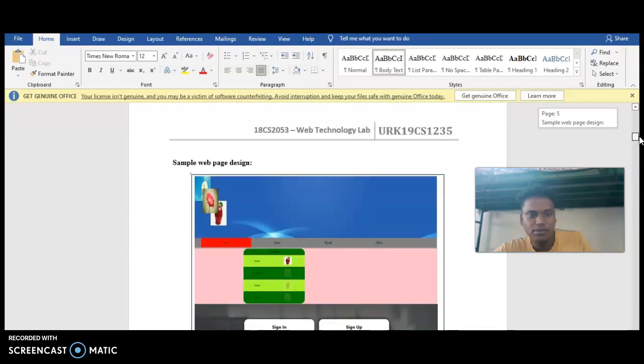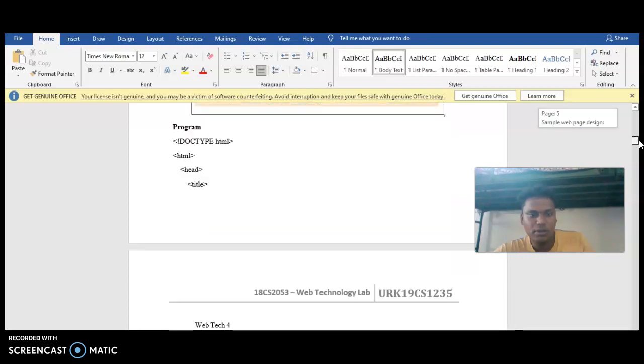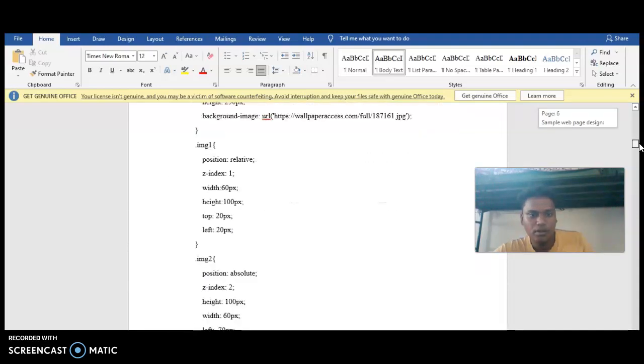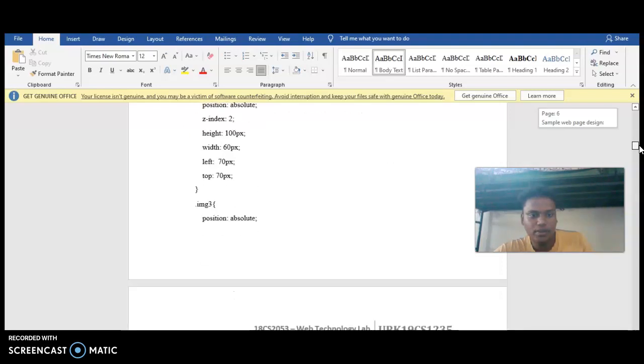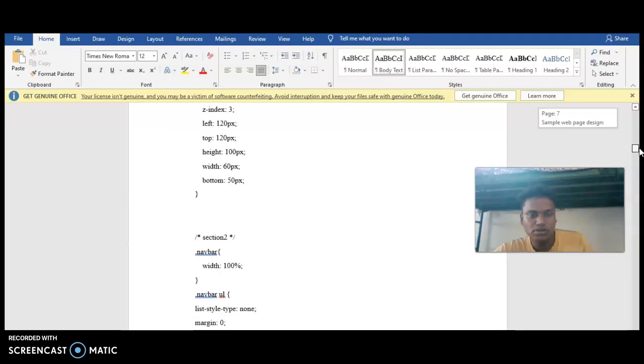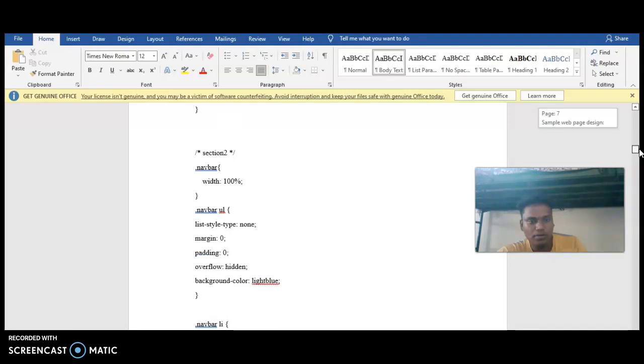This is the sample webpage design, to give the sign in and sign up. The program starts with the HTML title and webpage code, and we have to give the index with 60px height, img3 with position absolute, z-index 3, left 120px, top 120px, height 100px, width 60px, bottom 50px, section 2 and nav width